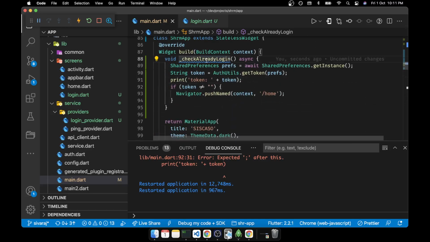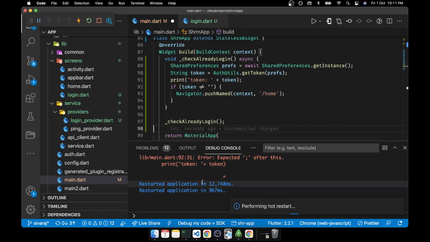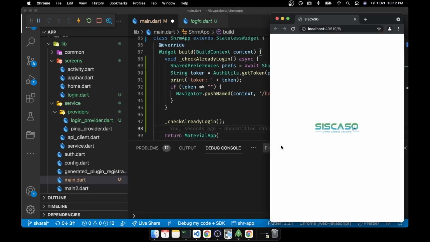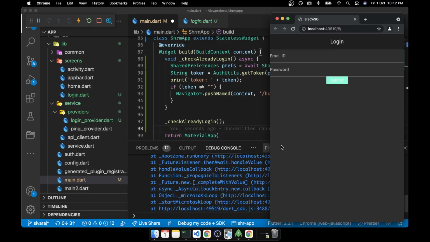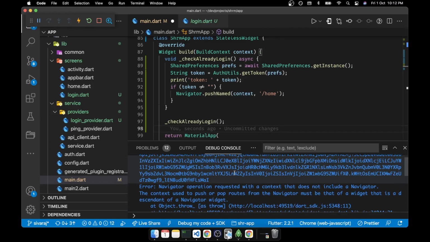Yeah, because this function itself is not called. So now the function is called. Okay, function came, there is no problem, but there is an error: Navigator operation requested with a context that does not include a Navigator.